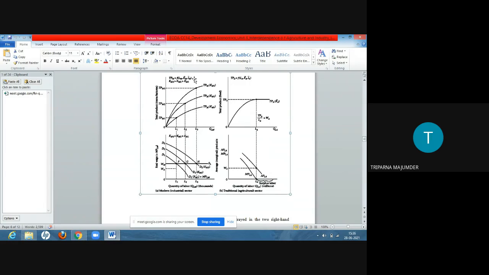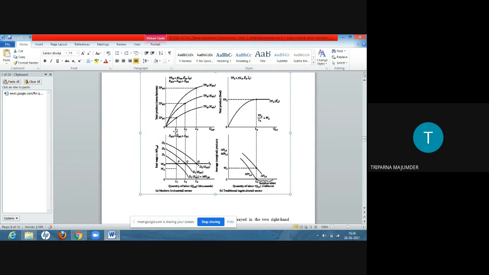On the horizontal axis, the quantity of labor employed to produce an output of, say, TPM 1, with capital stock KM1, is expressed in thousands of